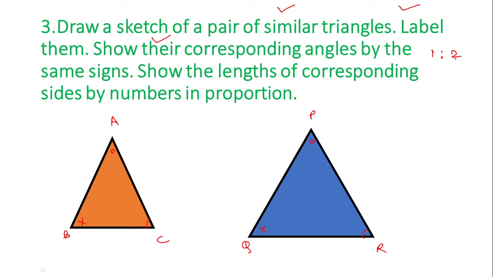Okay. Now as I have taken it as 1:2, suppose I am taking side AB as 2. So this should be double of it. 2 doubled will be 4. Here I am taking 3. Double of 3 is 6. Why? Because the length of the other triangle is double. Here I am taking 4. So double of 4 will be 8. So we have done it. You can take any proportion. Okay, 1:2 was simple and easy to understand, so I have taken it. So this is the required solution.